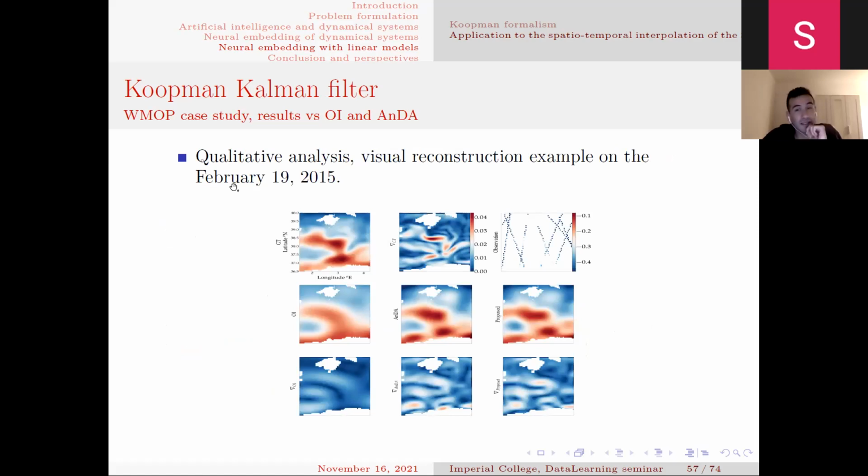Now, this is a visual analysis of the reconstruction of February 19, 2015, in the test set. The first line is the ground truth, the gradient of the ground truth, and the observations, then optimal interpolation, analog data assimilation, the proposed framework, and the last line is just the gradients of the reconstructed field. Compared to optimal interpolation, all of the data-driven frameworks do better, simply because we know that OI smooths the finer scale structures. And when comparing our framework to the analog data assimilation, visually, we are doing better, judging from the gradients.